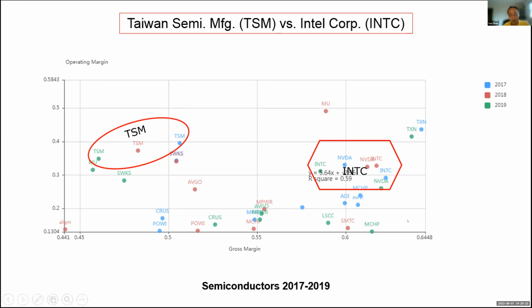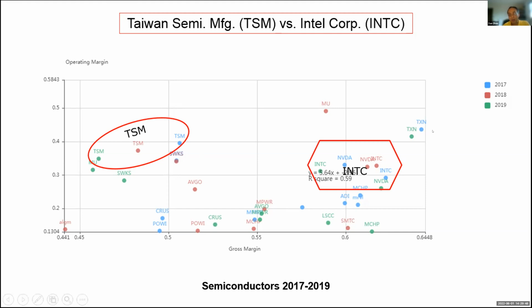We have the data for 3 years, for US and Taiwan, for the semiconductor, all the semiconductor manufacturers. And you find out that the gross margin wise, Intel is much higher, actually, about 60%. And TSM is about 50%, actually below 50%. But that means